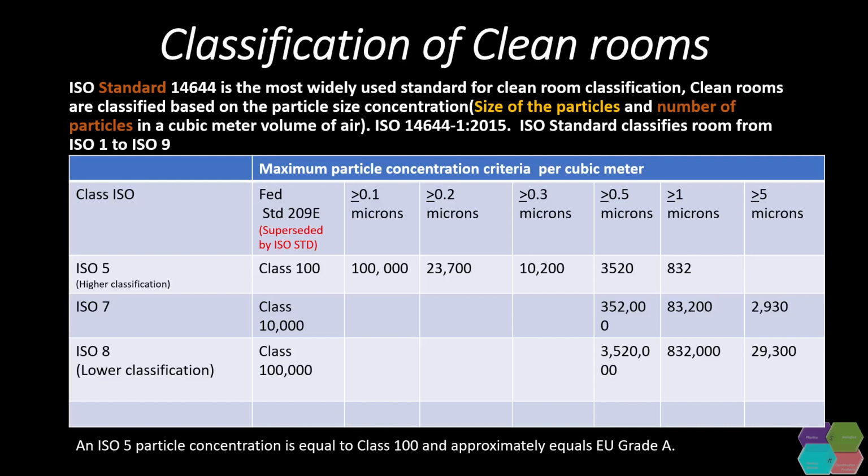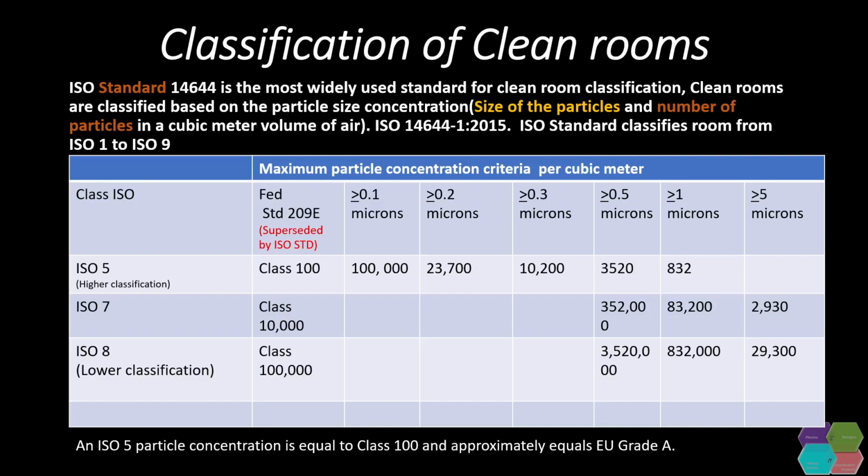As you can see here, these are the sizes of the particles and the maximum allowed particle concentration criteria per cubic meter of air. So we can see here, in ISO 5, the 0.5 micron size particles should not exceed